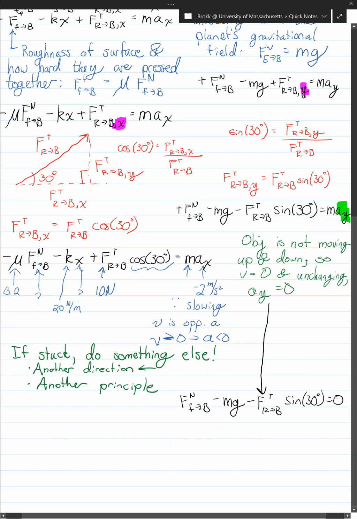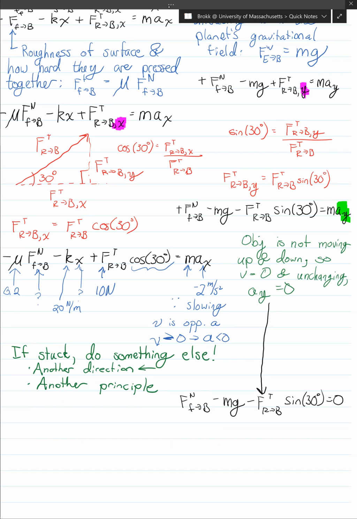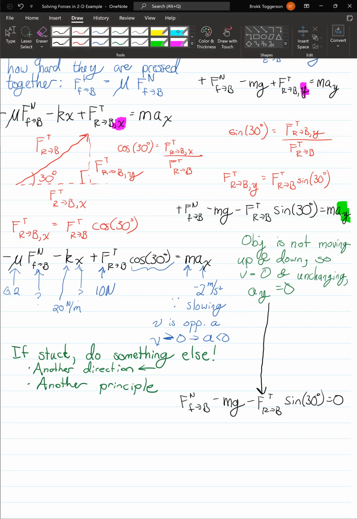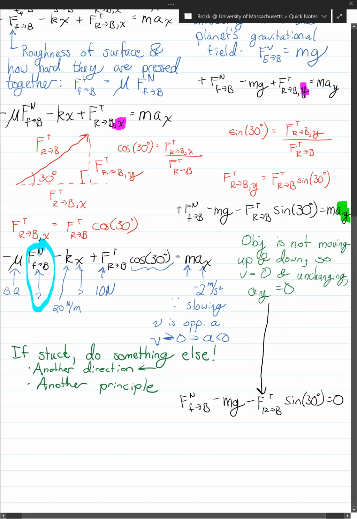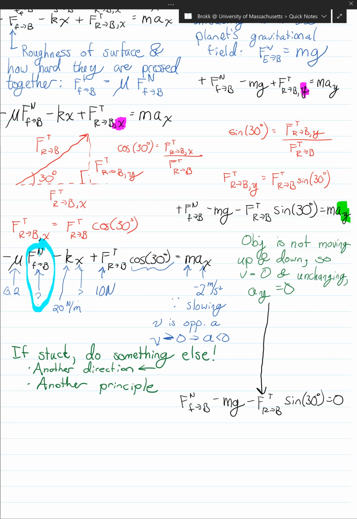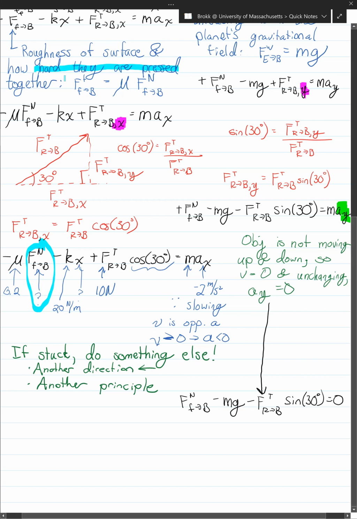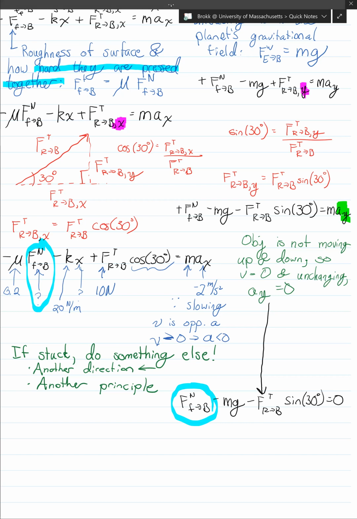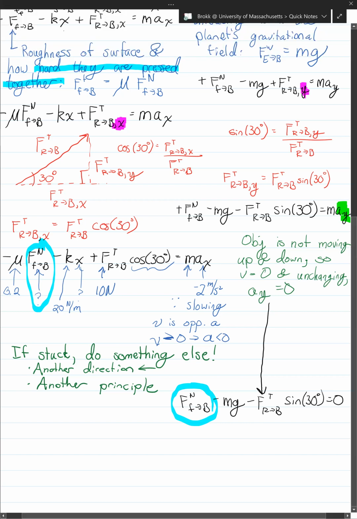This is a good thing because one of the variables we needed back in x was the force normal from the floor on the block, how hard the floor and the block are pushed together. That's what's relevant for friction, right? How hard they are pressed together. Now, from looking at y, we actually know that information. So if we rearrange this and solve for the normal force,